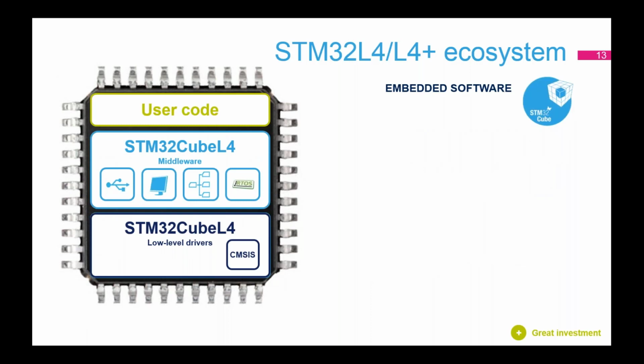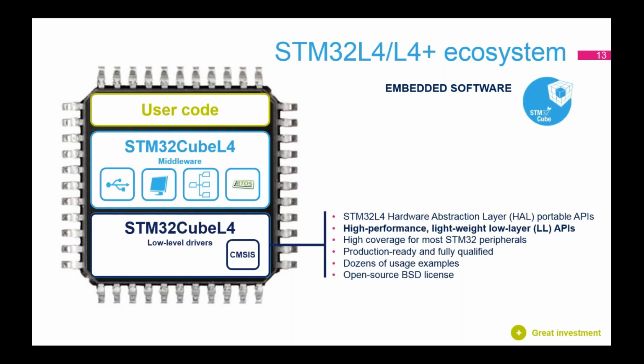We are providing, as usual, the embedded software. The first firmware layer is made up of the low layer driver, that is to say, the hardware abstraction layer, HAL, and the low layer, LL API. The HAL implements high portability between STM32 series, while the LL API brings the performance aspect to the STM32Cube L4